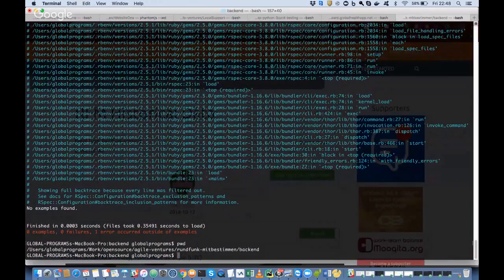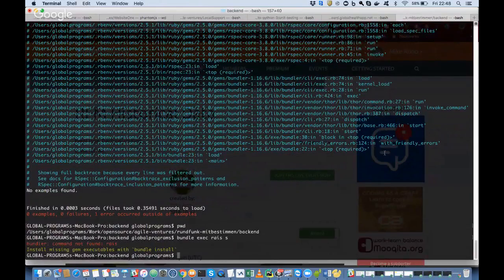You can do exec. You're missing the L, and it looks like you need to run bundle install. And it's more than just running bundle install, there's a long list of things you need to do. How come?